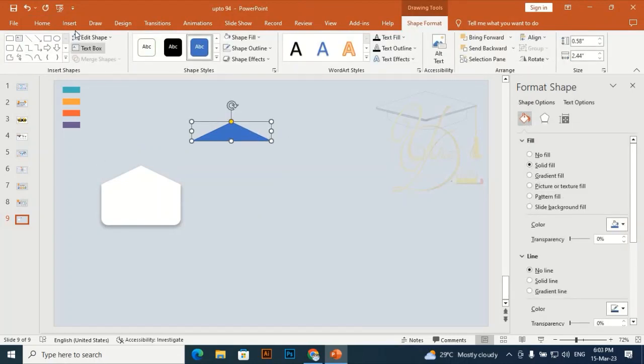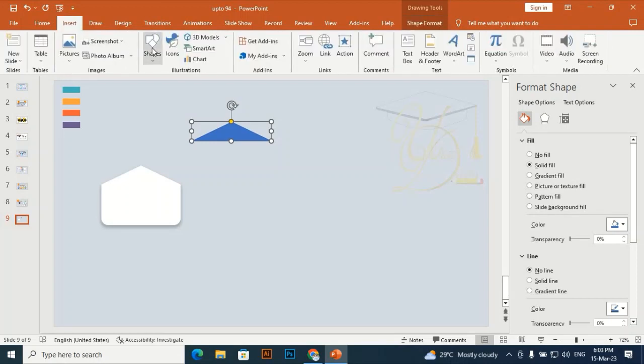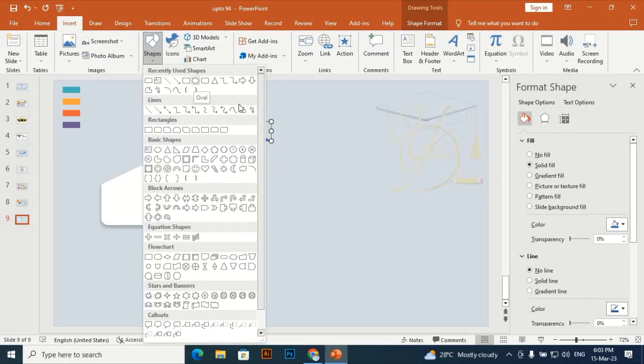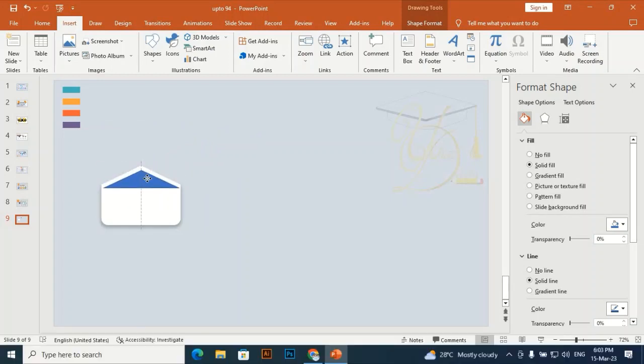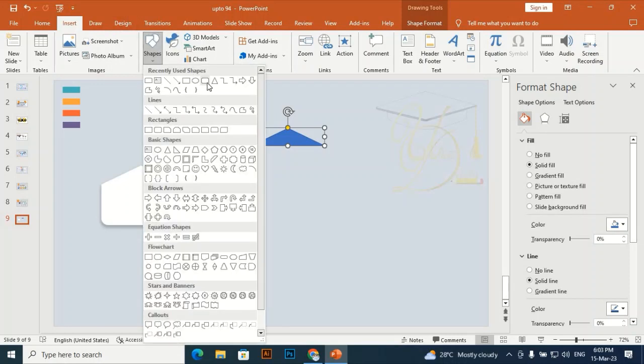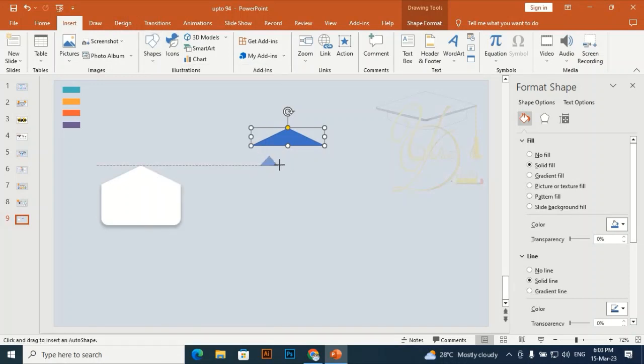Let me make it a little bit smaller. Fix. Okay, let me make it a little bit smaller first of all by holding Shift Alt, and I'm going to check it here. So I think it's okay. Make it a little bit more smaller. Yes. Go to Insert and take a triangle and drag a triangle like this